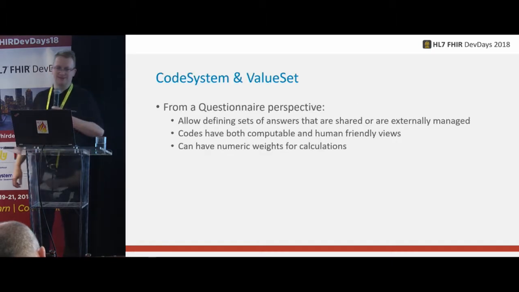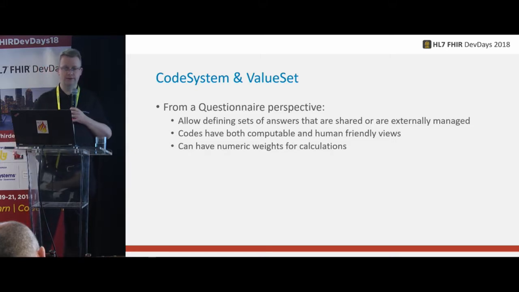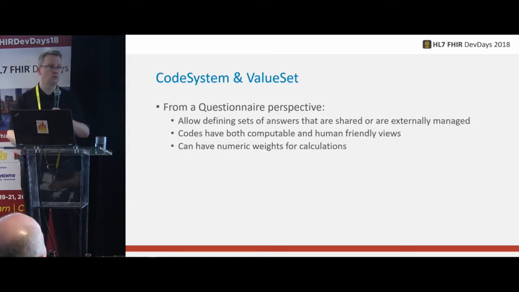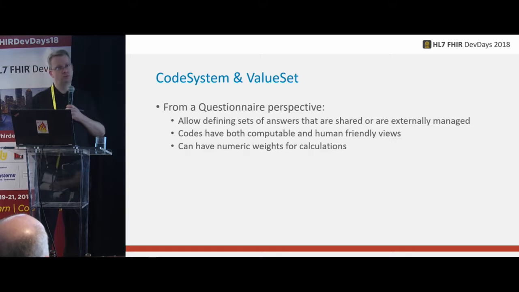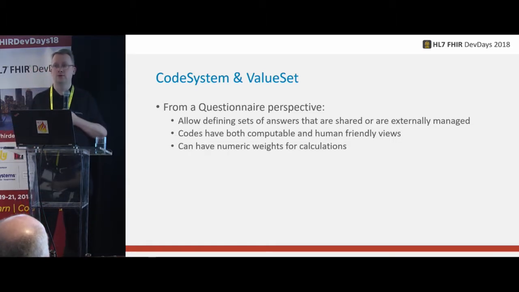Last resource we'll touch on just a tiny bit, or two resources actually, are CodeSystem and ValueSet. They do all sorts of weird and wild and wonderful things. We care about them in the questionnaire world because on occasion we will use these resources to define allowed answers. So what is your favorite color? You can define a code system and a value set that lists the colors you want the person to be able to choose from,